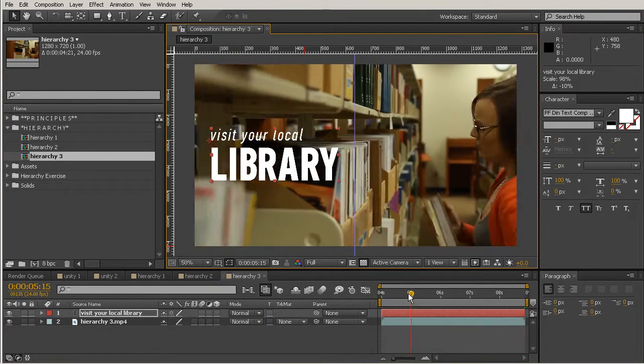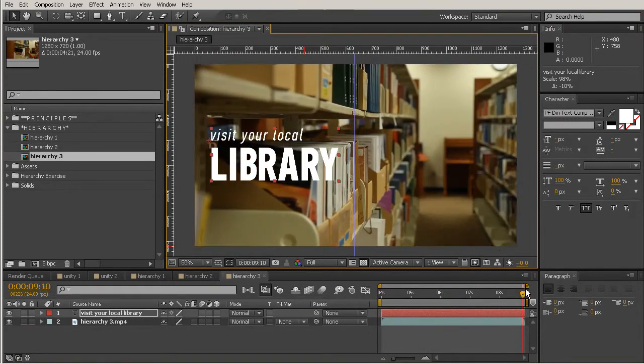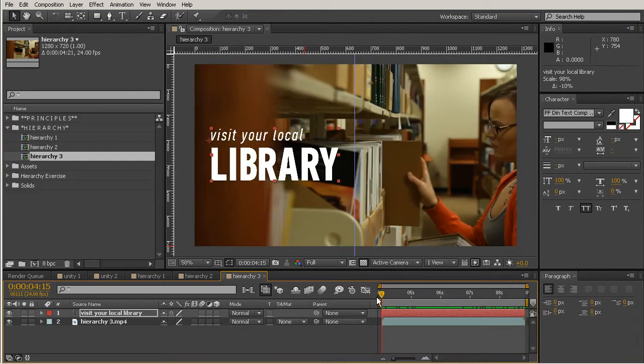So I scrub through that, and it never feels like too much tension is created between what she's holding and using here right in the middle and our bit of text. So we don't have really a conflict there. As you can see, this has a lot to do with proximity, what we talked about in our earlier lessons. And it also has to do with